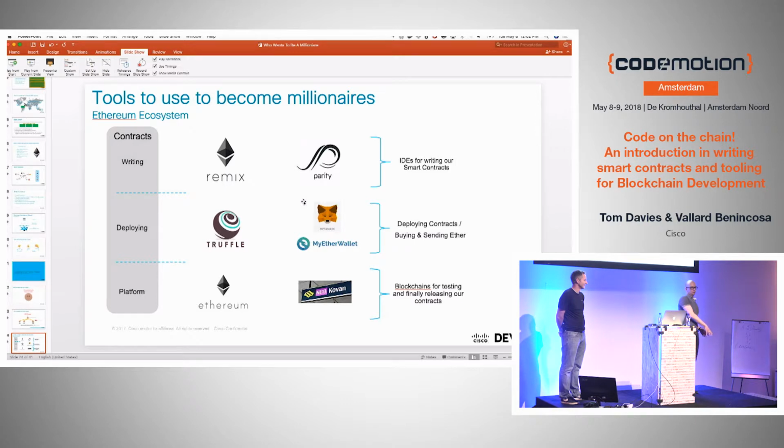Here's the type of tools that we're going to use in our tool chains for writing that contract and then deploying it onto the blockchain. This tends to be about 3 different steps, give or take, in writing a contract. There'll be writing it, deploying it, and then there's the platform. Where are you going to deploy it to? The first one is writing a contract. So what would you use to write a contract?